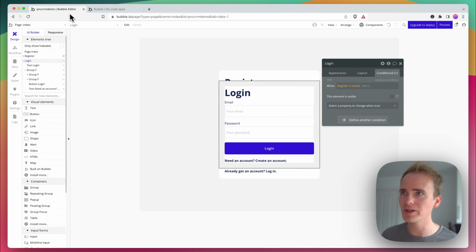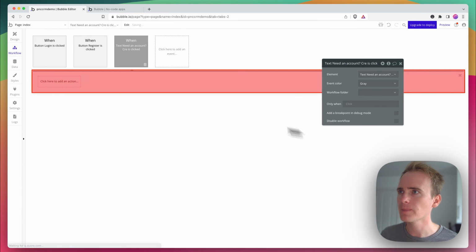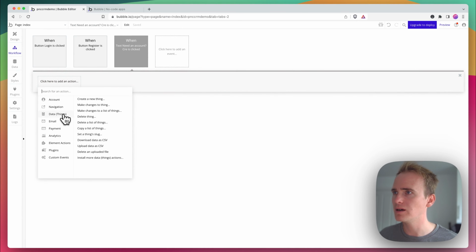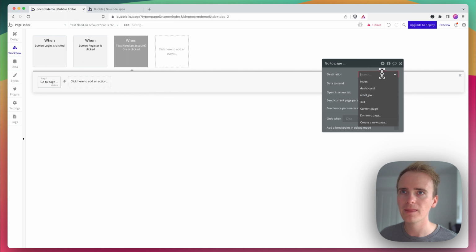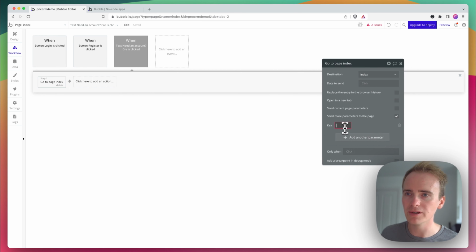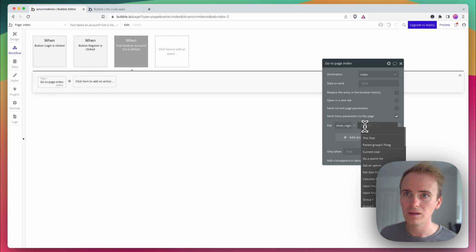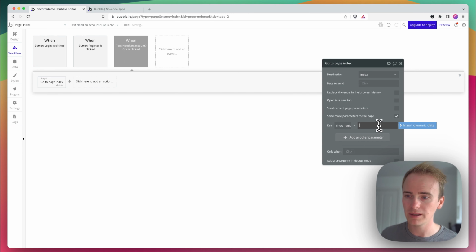Now, how do I swap between them? I'm going to add a workflow to login and say navigate to index, add parameters, show register, and then I'm just writing in yes as a text string,